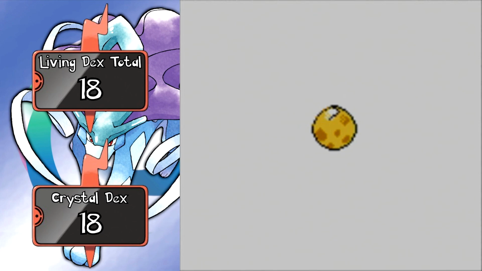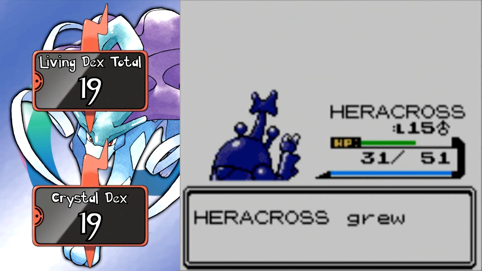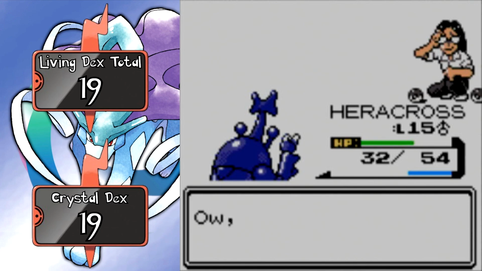While I was exploring Goldenrod's department store, my first egg that was given to me all the way back in Violet City hatched into Togepi and was promptly boxed. I returned underground and used the remaining 3 trainers to level up Heracross, however he still needed more levels to